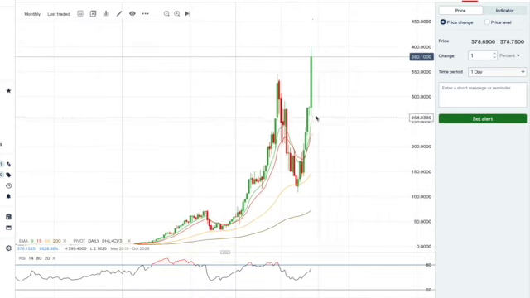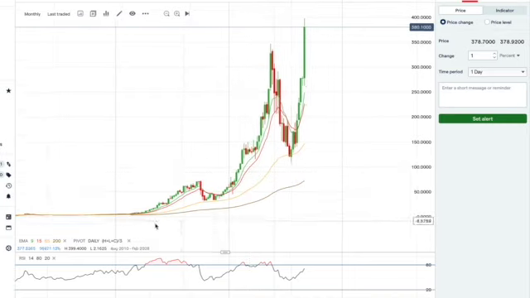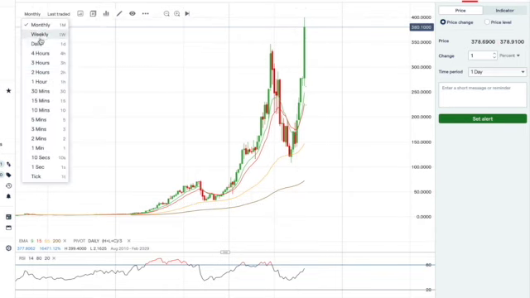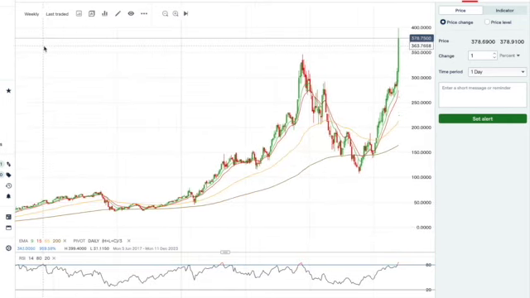Let me just show you a difference in the chart, because a chart can look very different depending upon the time frame. Just keep in mind, this is how the monthly chart looks like. If I change it to, let's say, weekly, now can you see